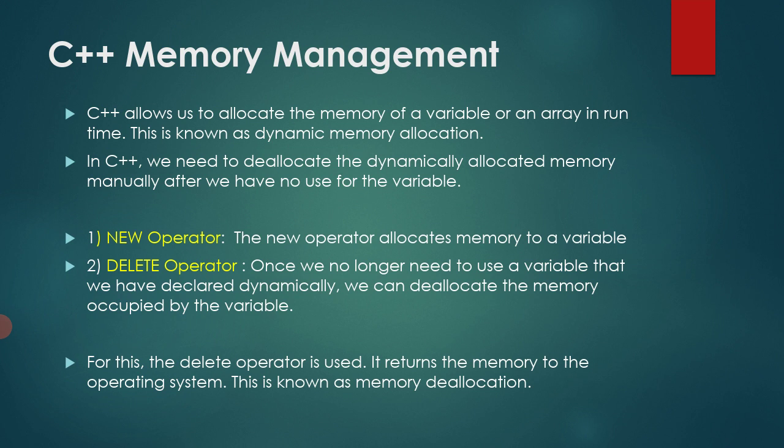And students, it is very important to deallocate the memory. Suppose once we have used a variable, we no longer require the value of that variable. How can we preserve memory, how can we reuse memory? We can deallocate the memory of that variable and allocate that memory to new variables. So this is how we can manage memory: we allocate and deallocate memory, and after deallocating the memory we allocate the same memory to new variables. So that is C++ memory management.